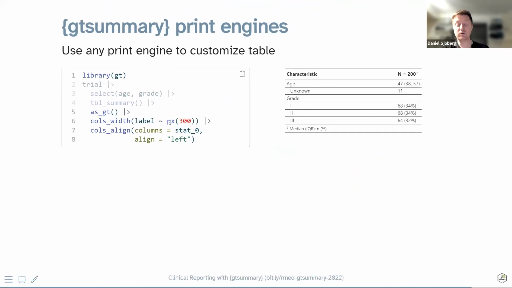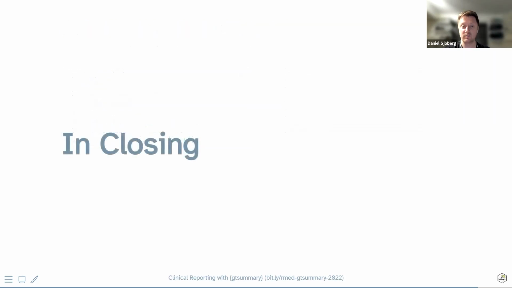Now, if you're not familiar with the GT package, it is phenomenal and amazing, and it can do so much. It exports more than 100 functions just for styling tables. You can get any table you want using GT. So it's super powerful to have these various print engines available to us from gtsummary.